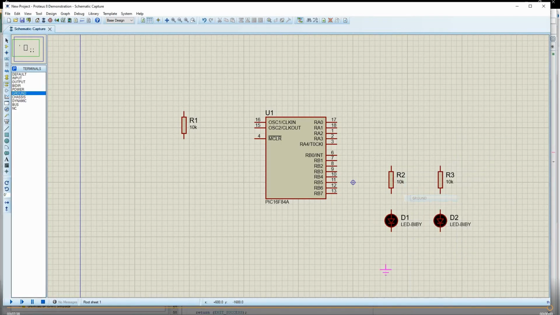Terminal ground. This time let me not connect the crystal and see what happens.